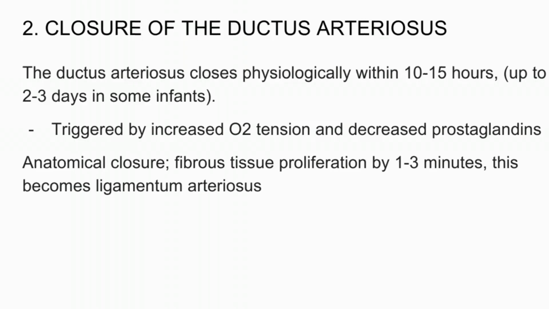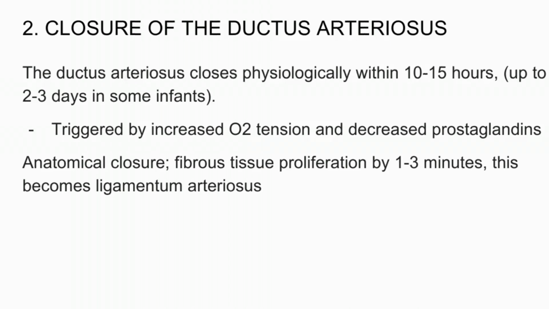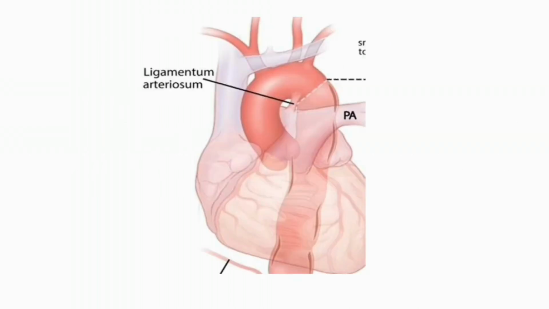The ductus arteriosus closes physiologically within 10 to 15 hours, and in some infants it could take up to 2 to 3 days, and it's triggered by an increase in oxygen tension and decreased prostaglandins. Anatomically, fibrous tissue proliferation occurs within 1 to 3 months, and this becomes the ligamentum arteriosus. As you can see here, this is an image of the ligamentum arteriosus, which is formed by the closure of